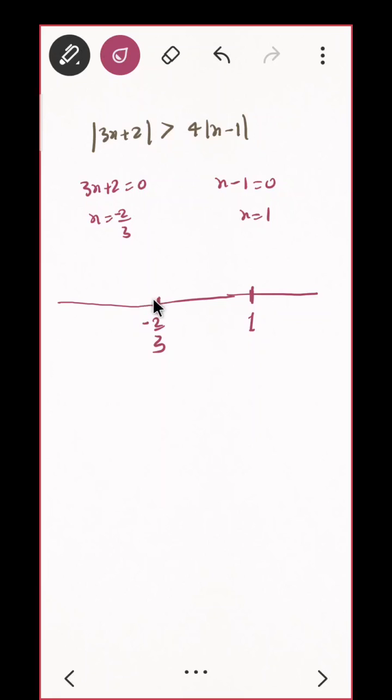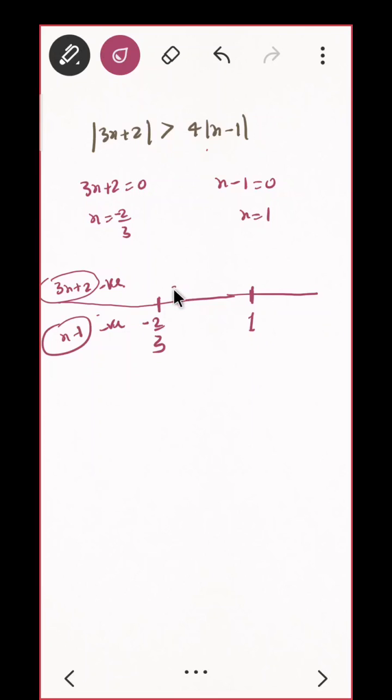Okay. So let us see in this region. In this region, what can you say about 3x plus 2? Whether it is positive or negative. This is the left side of this value. Correct? I have already talked about the rule of the mod function: if it is on the left side, it is negative. Do you agree? So here this guy is negative. And what about this guy, x minus 1? This is also left of 1, so this is also negative. Do you agree?